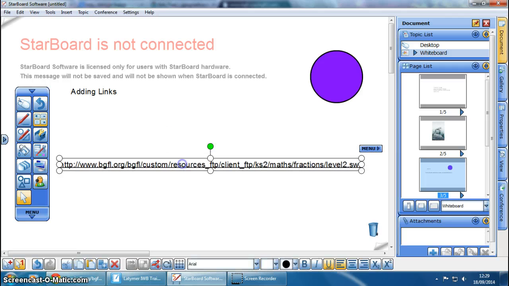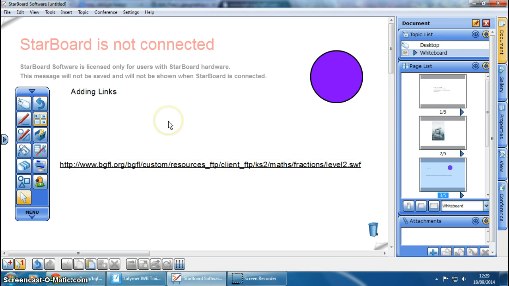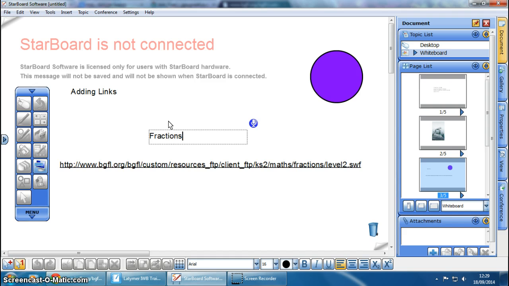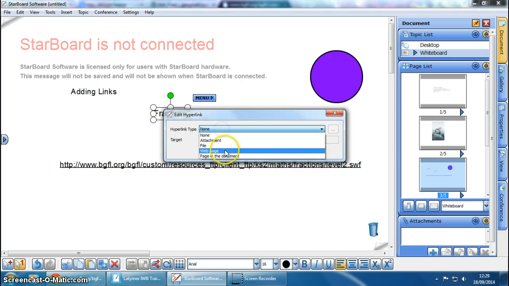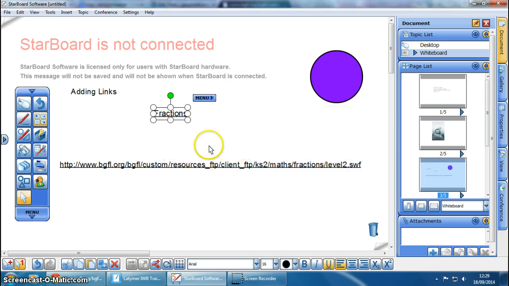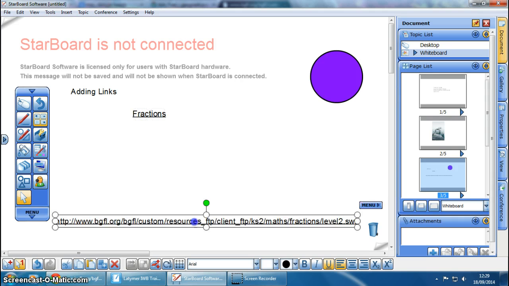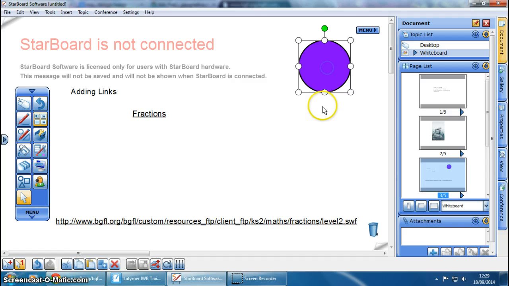It's probably easier to write a word such as fractions and then just edit hyperlink, add the web page address to there, and then it just looks a bit neater. That's far easier because you've still got to type a word anyway, and nine times out of ten this is a bit ugly. If you want to do it on an image, exactly the same way, or on a shape,